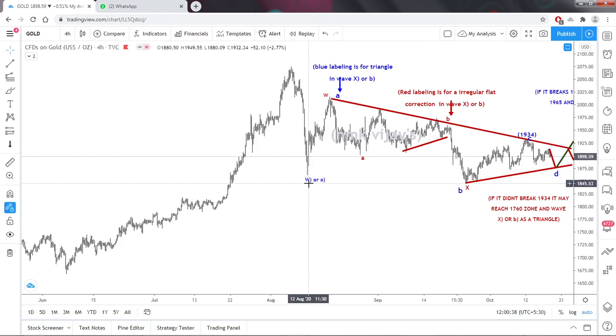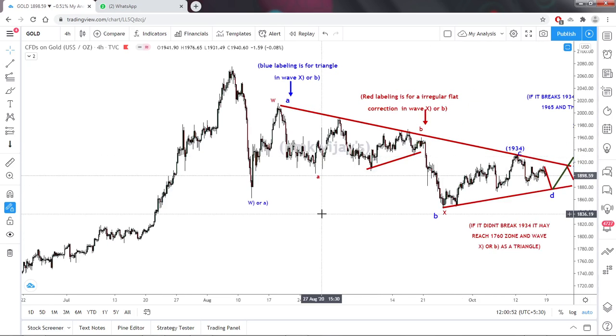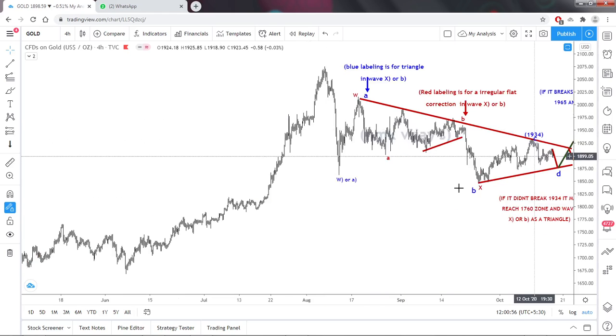So whether it is a WX, meaning A and B and C have to come down, or whether it is a B, C is a 1 and the second wave and third wave have to be very fast, not this kind of overlapping price action. So now I have one more alternative count, which is what I have explained here.